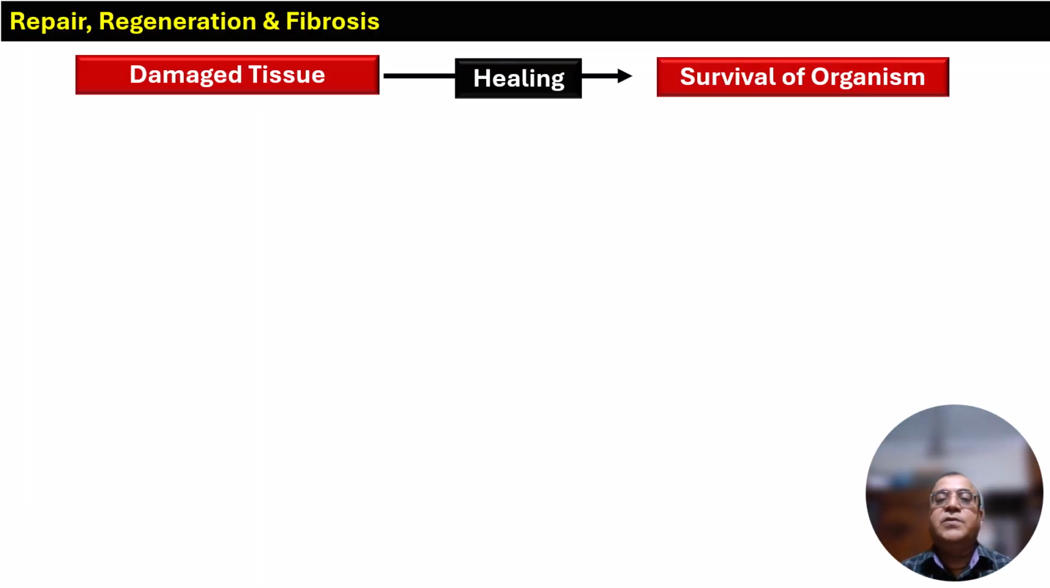The processes of tissue repair, regeneration, and fibrosis are fundamental to the survival of an organism, and these mechanisms enable it to recover from injury and disease. So, whenever there is damaged tissue, it heals for survival. Our understanding of these mechanisms has evolved significantly, and it is shaped by observation, experiment, and discoveries from ancient